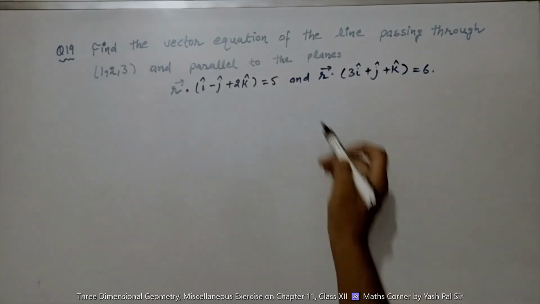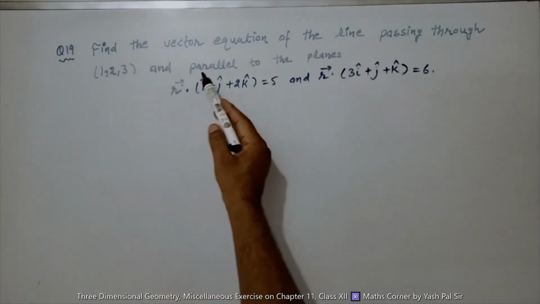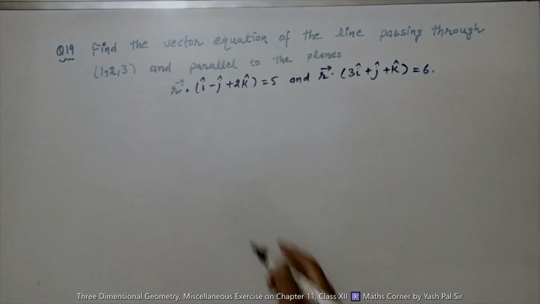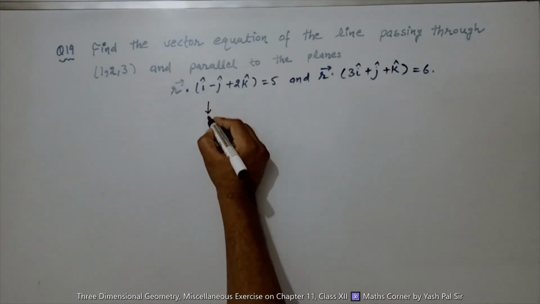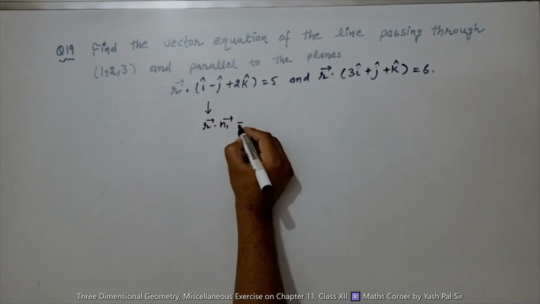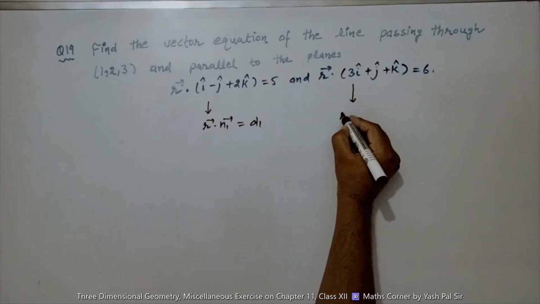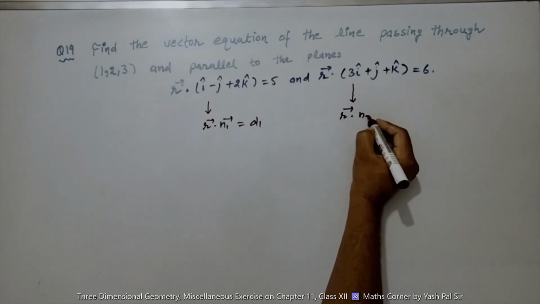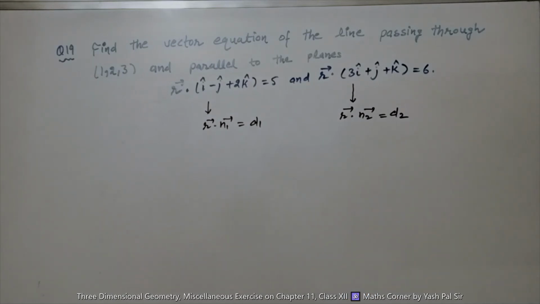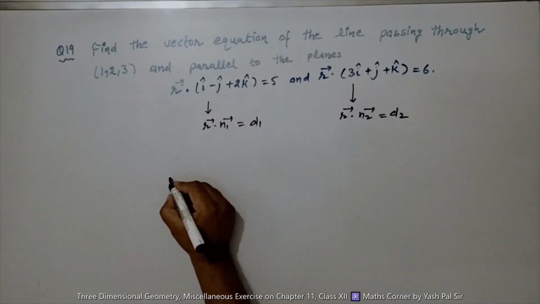Question number 19. Find the vector equation of the line passing through the point (1, 2, 3) and parallel to the planes, first plane and second plane. So what is the first plane? This is r vector dot n1 is equal to d1, and the second plane is r vector dot n2 is equal to d2, right? So what we know,